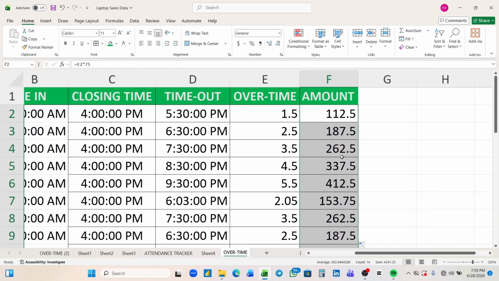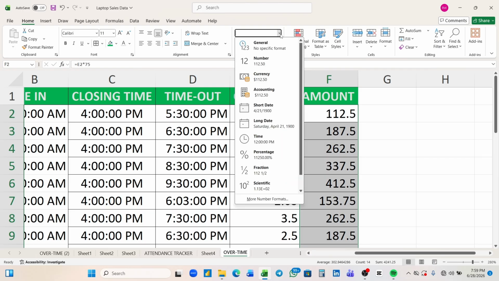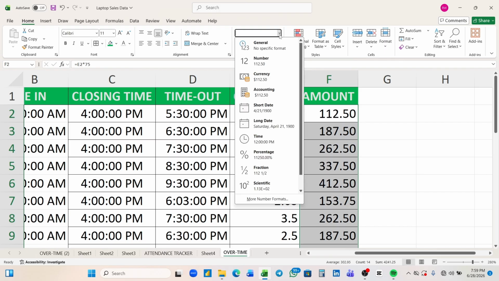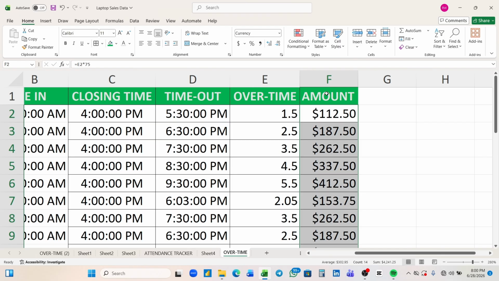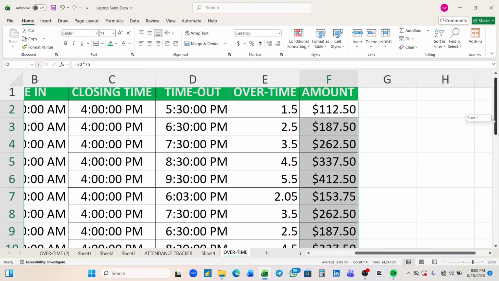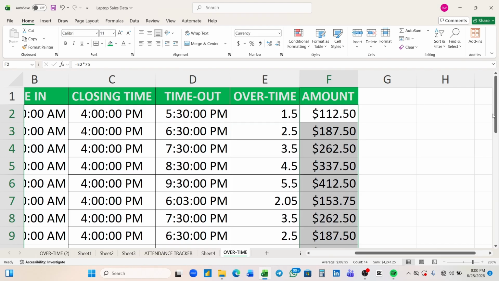So you come here, you come to general. Come to general, you click on it. Just click on number. Sorry, you click on what? Currency. So once you click on currency, this is what you are going to send to maybe another supervisor or your line manager, or you are the one that will send it to finance, so that at the end of the month, everything will be calculated, everything will be summed together